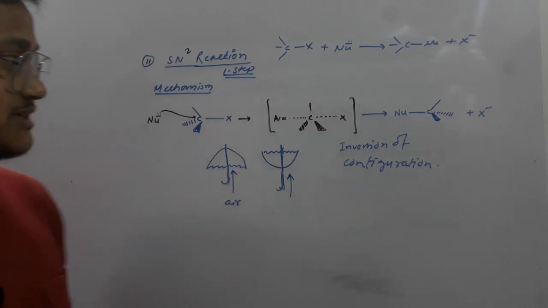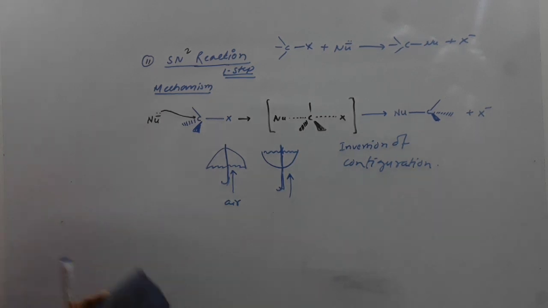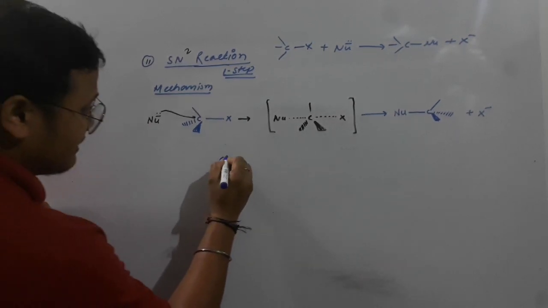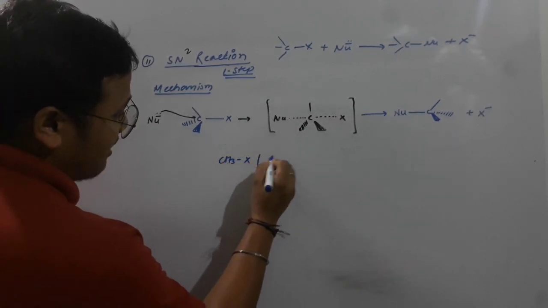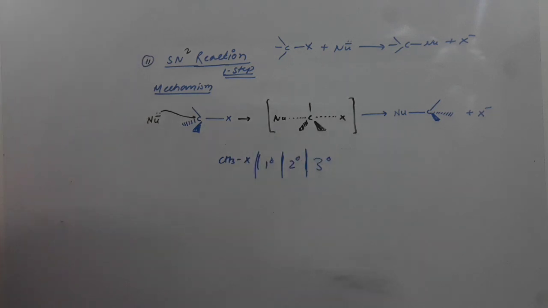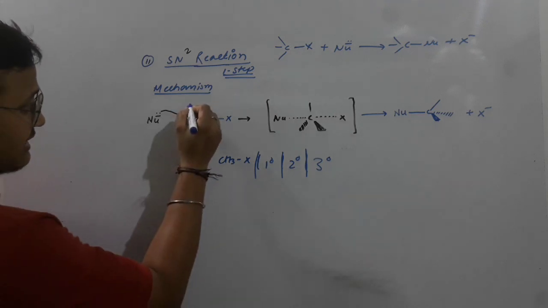I think you guys have understood these things. So try to go through these things very clearly. Another aspect of this reaction, look at it. Now again, as earlier, if we have 1 degree, 2 degree or 3 degree, which will proceed with this reaction faster and why? Now look at here. Consider it is 3 degree.